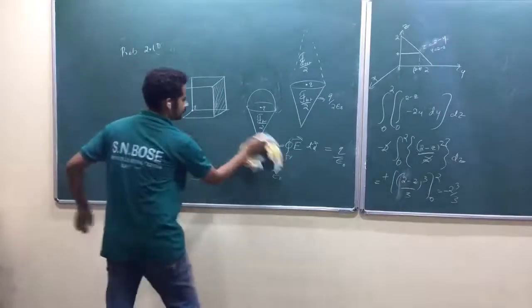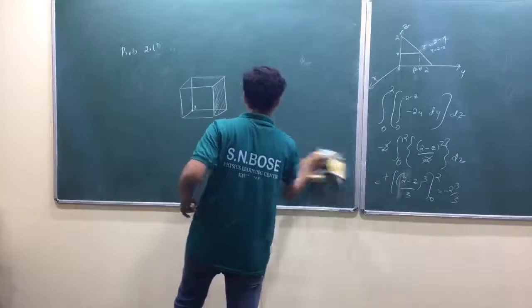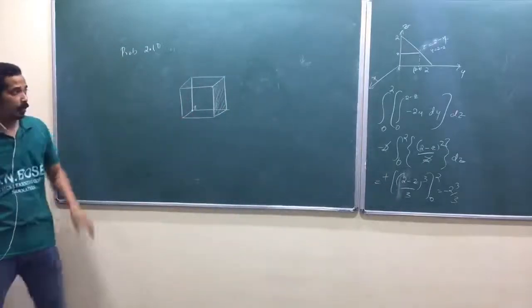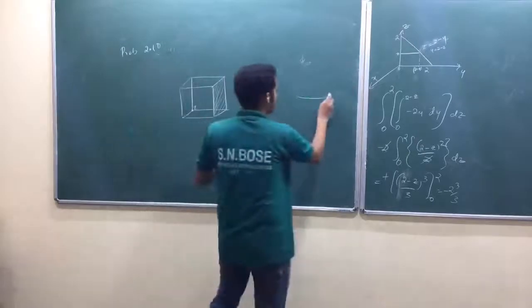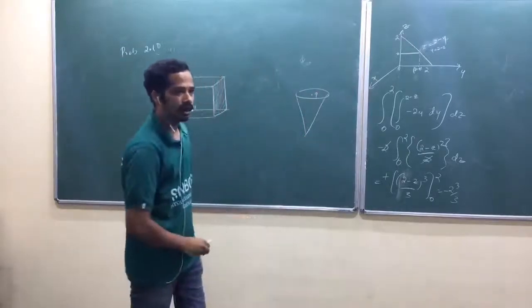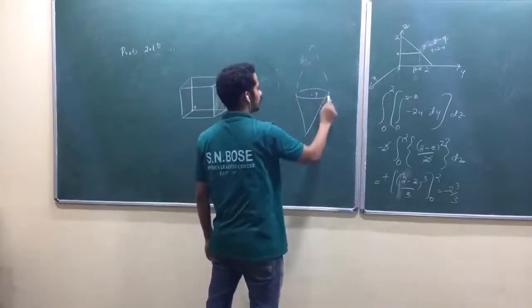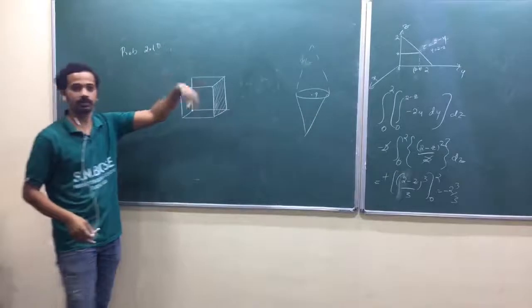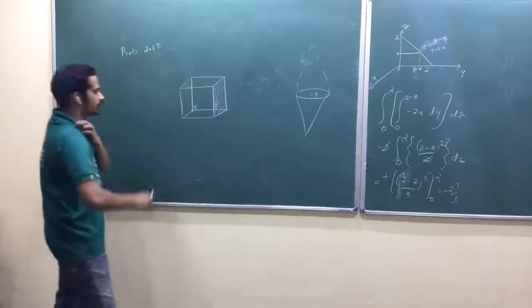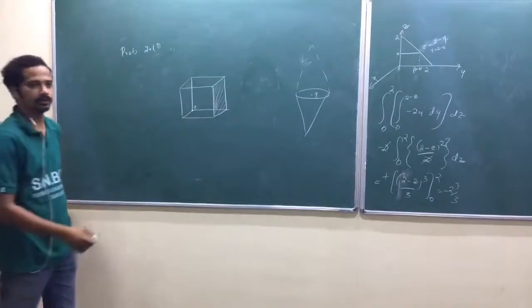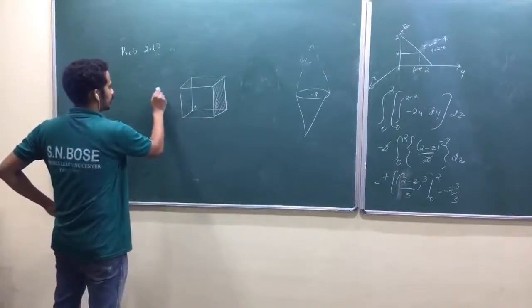Now, in this one, have you observed one more thing? I placed Q here. I extended my surface so that Q is at the center of the total surface. Do you remember? So that you have to make this one at the center of some total surface. How do you do that one? By extending this one again.